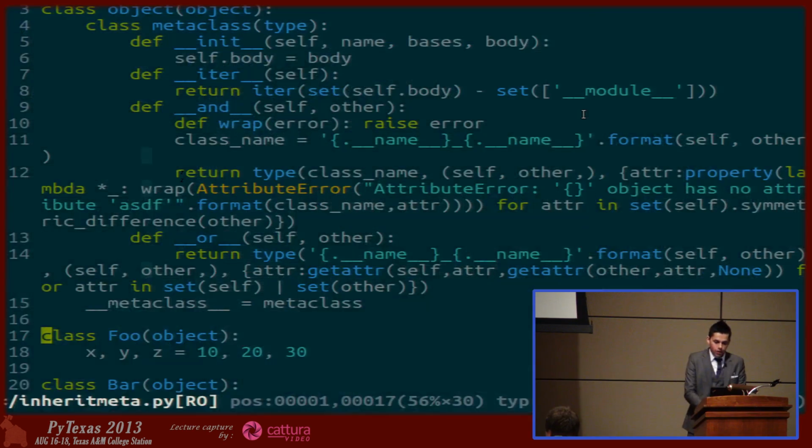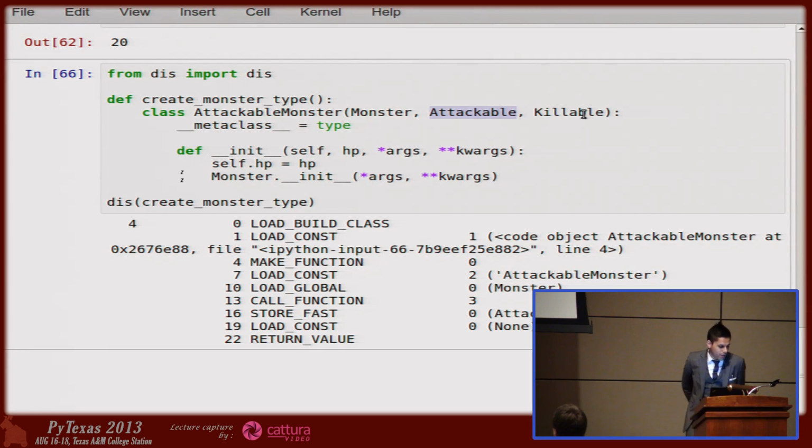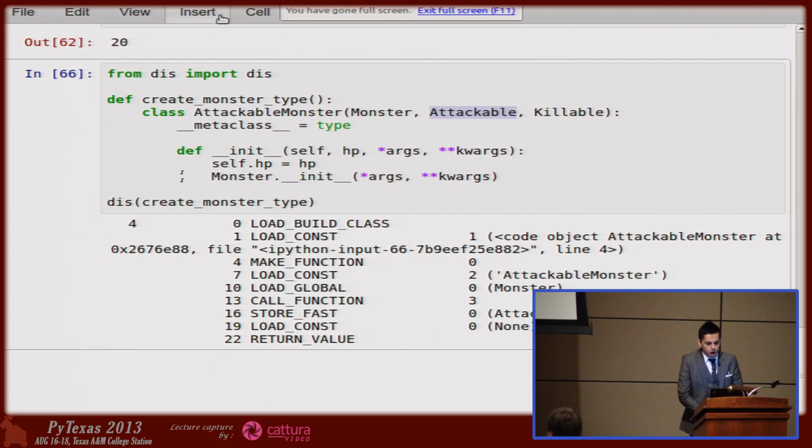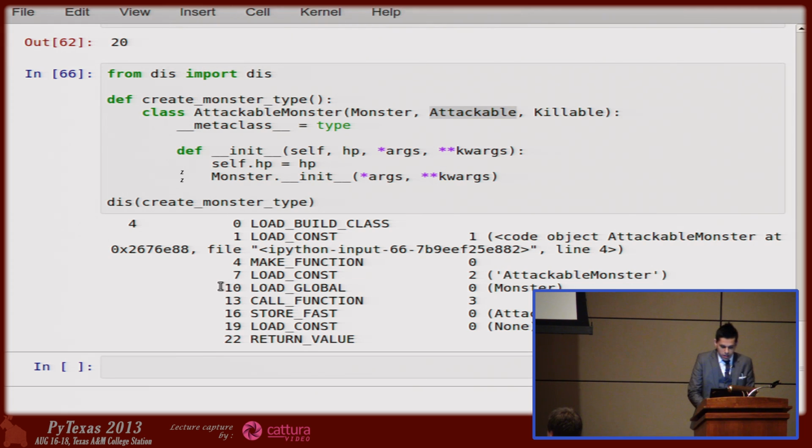So since we're very close to running out of time, I want to talk about the last thing. I showed you how metaclasses work and what they do. But there's one very important key part that I want to show you, which is what metaclasses really can be used for. In our mob example, we had